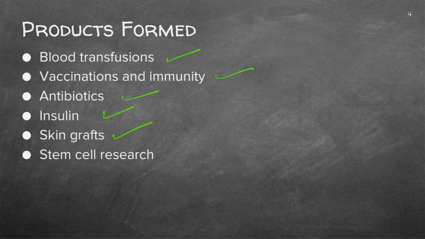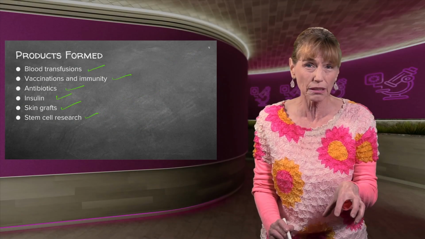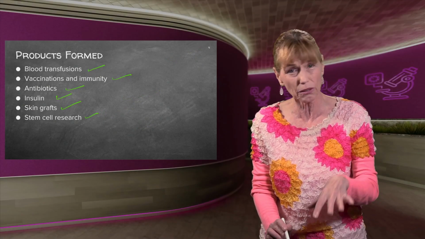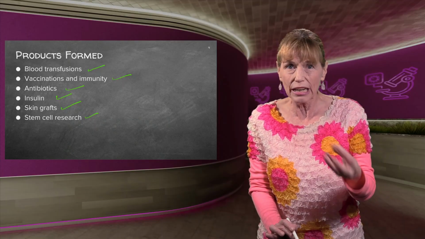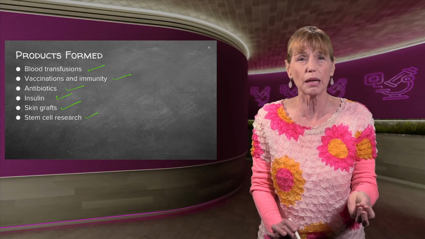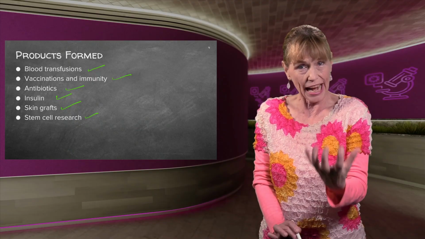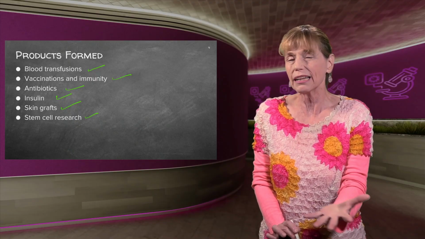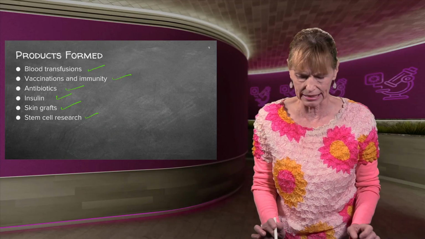Skin grafts, burns, injuries, so that you can fix your skin. In stem cell research, we know that stem cells are baby animal cells, like your meristematic cells or baby plant cells. So your baby animal cells or your initial animal cells, which are your stem cells, should also be able to become anything. They differentiate into anything. But is it allowed or isn't it allowed? Very ethical. We'll discuss that.